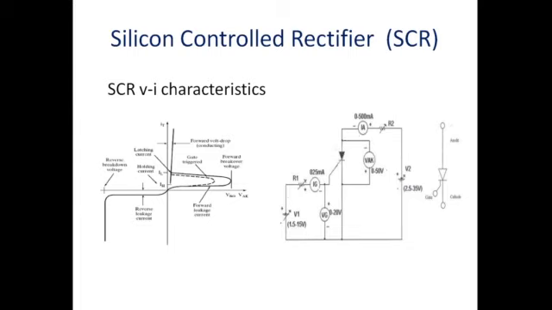I will repeat it. We have connected the positive supply to the anode and the negative to the cathode, and to measure the voltage drop between anode and cathode, we are using this voltmeter. To measure the current passing from anode to cathode, we are using this current meter. This is a resistor, a very small resistance, which we are using as a load.